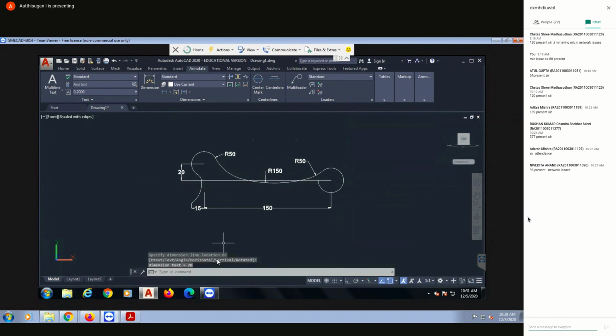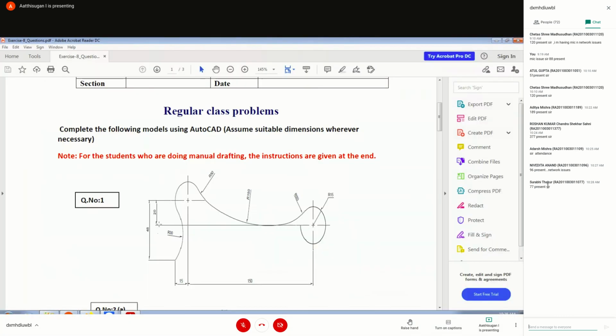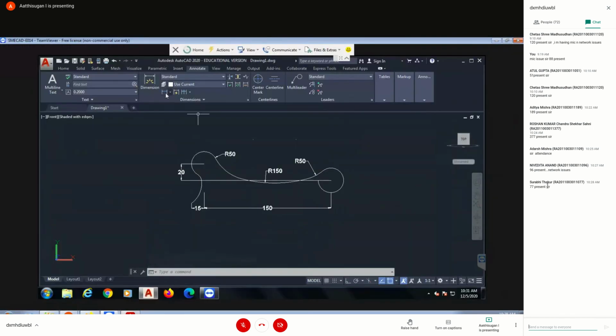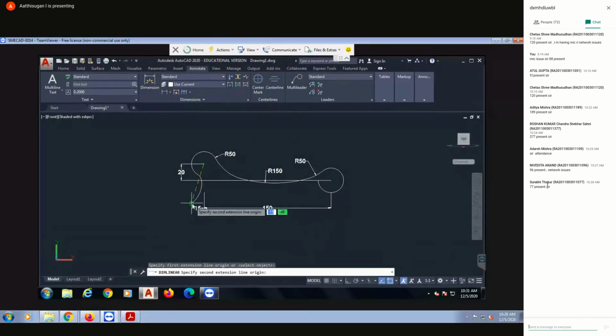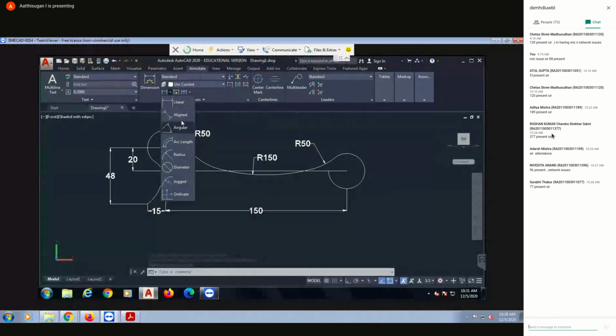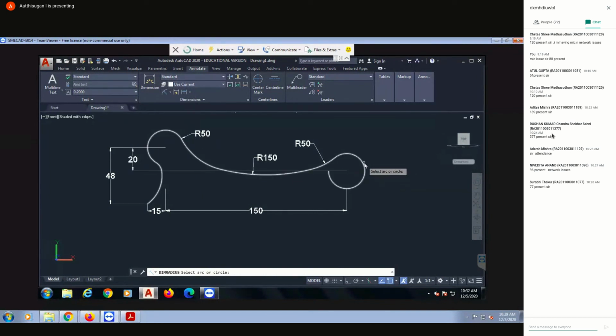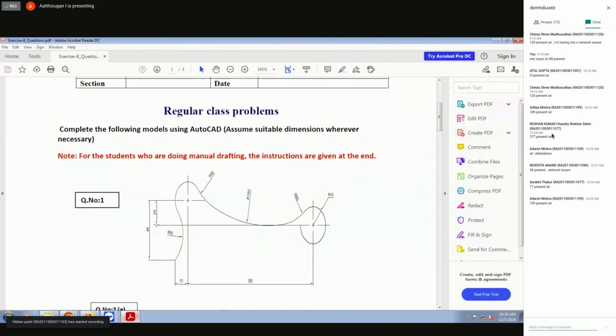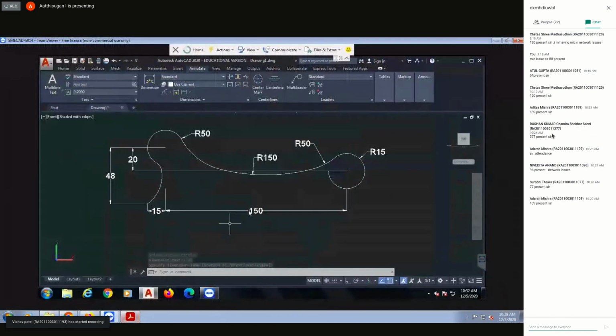20. So like that, see what the questions show here. Then 48 means from here to this distance. So it will be 48. Easy. Whenever you complete it in time, it will come easy. Then this radius you can give 15. Not aligned radius. So that's the maximum I gave. As per this one, I drew everything in my window.